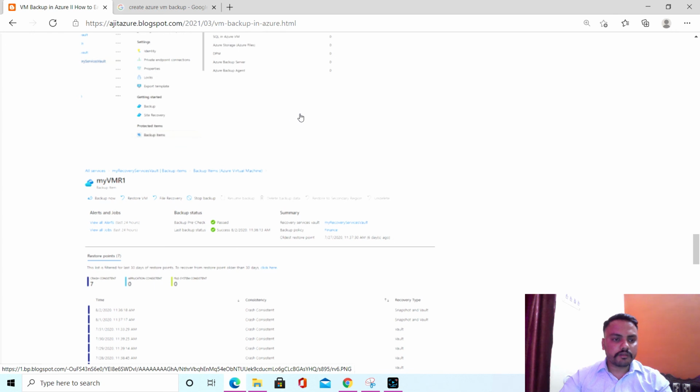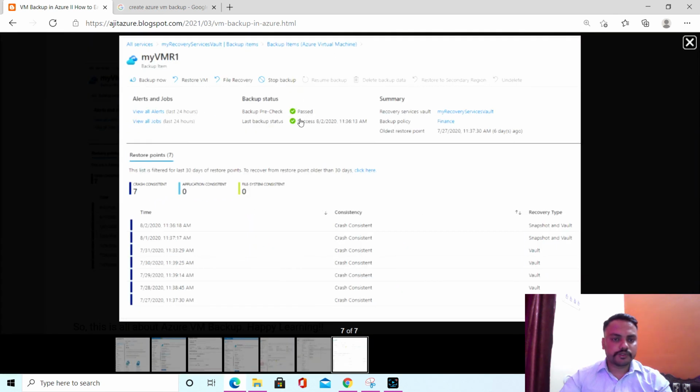On the other hand, you can also check from the VM. If a backup is already triggered, you will be able to see here the job which has already run on that specific VM. Otherwise you can go here, view all jobs, and search for the VM name, and you will be able to find the VM's latest backup.